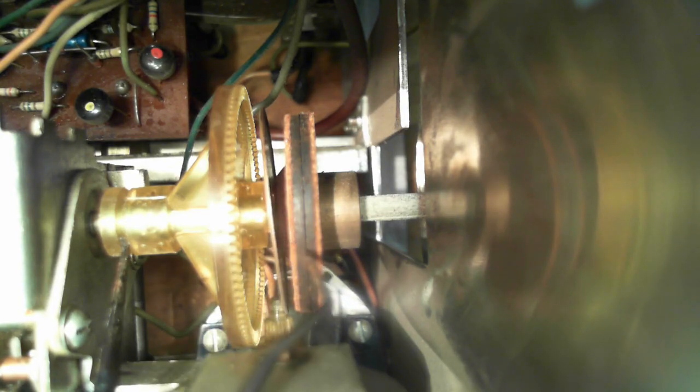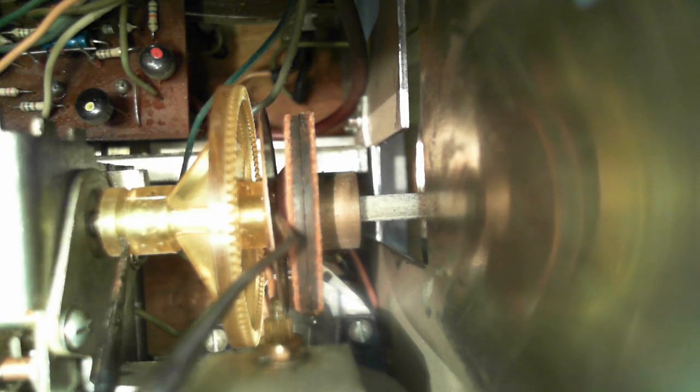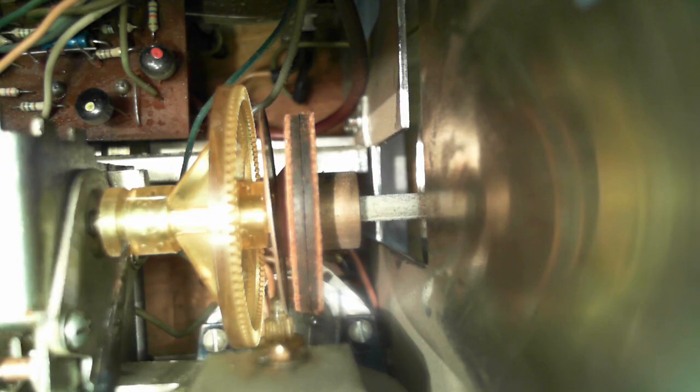A part that is supposed to pass through the metal plate here and engage firmly with the... what am I doing here? With this. And it's those fingers which have worn out, given out, and broken off, or are dislodged. They're not dislodged, but things have rotated so that...